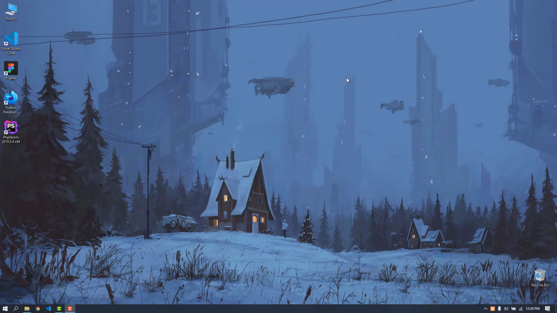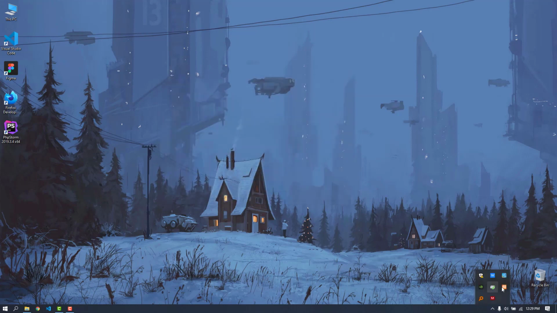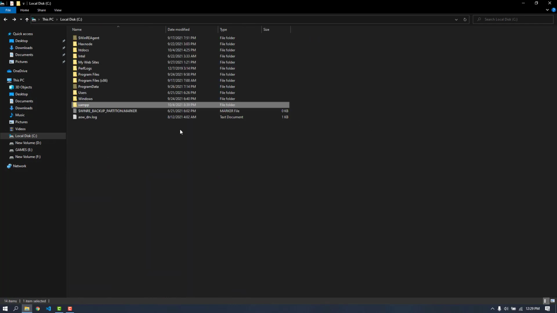Now we can close this up. Although this is in the system tray here, you can again open this up. So if you want to actually stop this, then you need to stop the server or quit from here. So after running the XAMPP control panel of the servers, we can actually go to the XAMPP installation